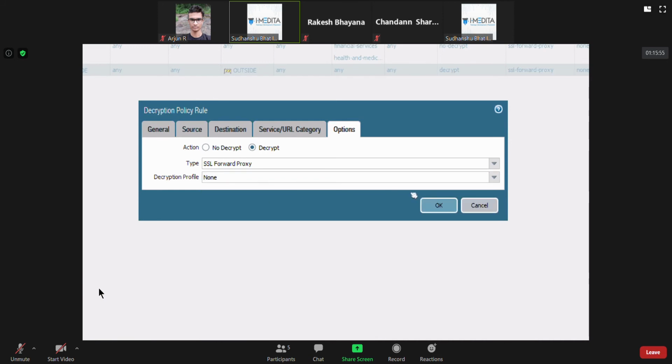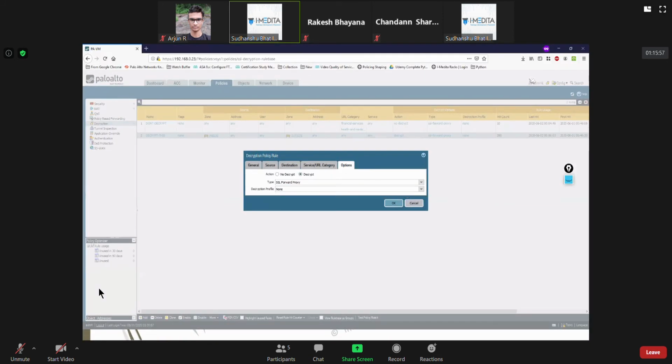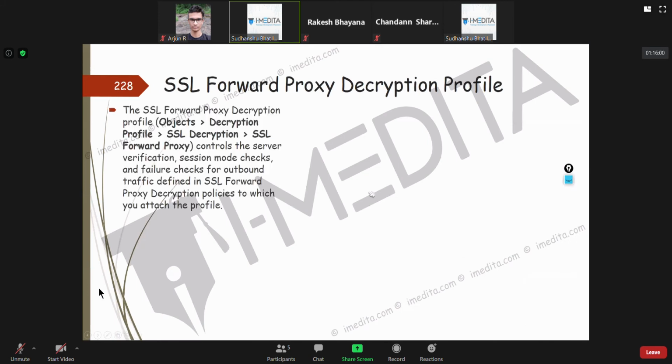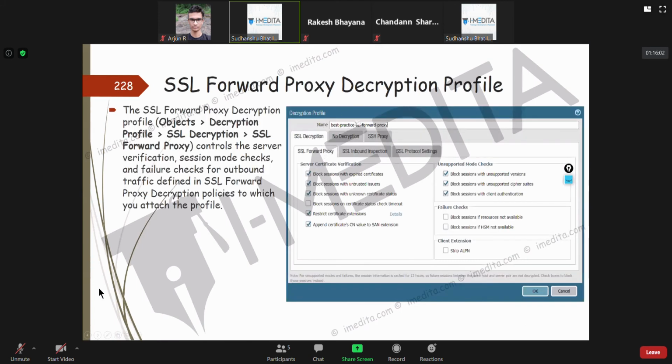It depends on various different types of decryption. It has various options. Like you see here in the decryption profile, you initially have three things: SSL decryption, no decryption, SSH proxy. SSL decryption is for SSL forward proxy, inbound inspection, and SSL protocol settings.